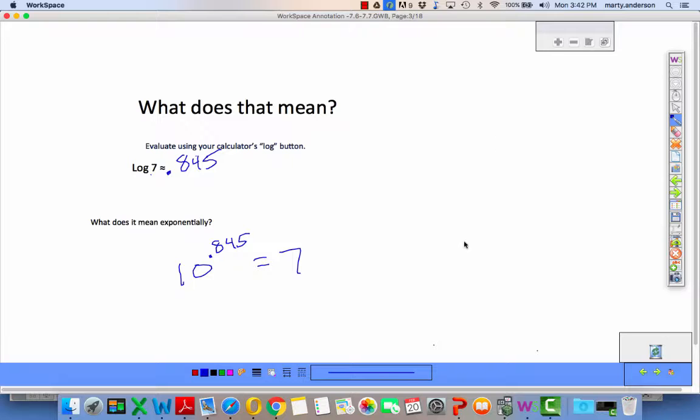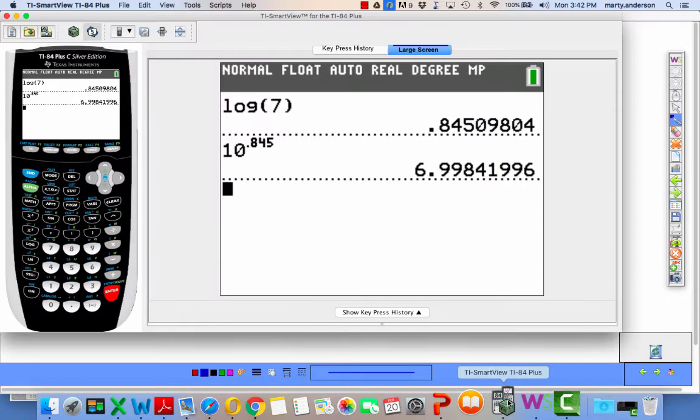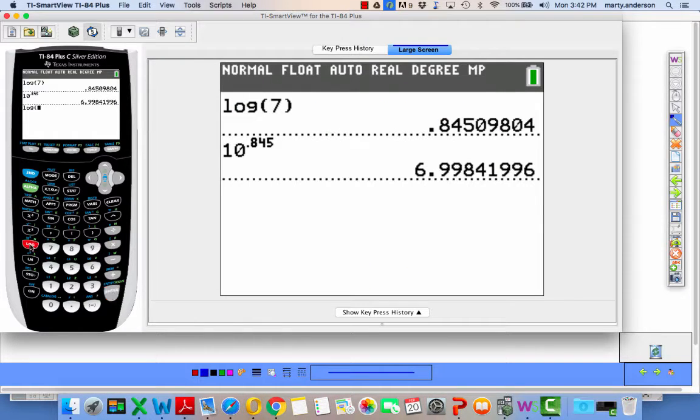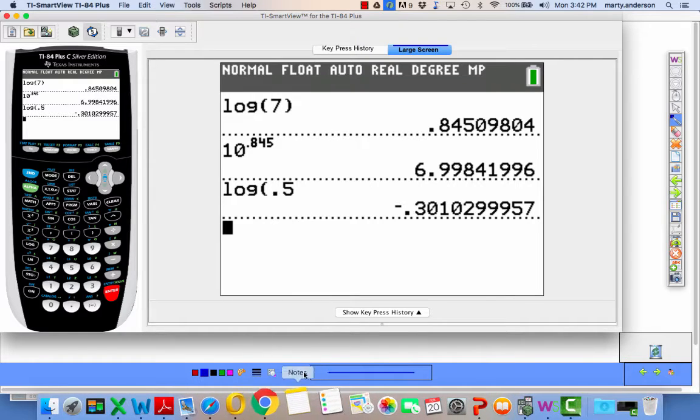So for the common logs, when we do these, we're going to have the log of 0.5. What we're looking for here is 10 raised to what power equals 0.5. The calculator will do it for us. Log 0.5 is negative 0.301. And if you think about that,